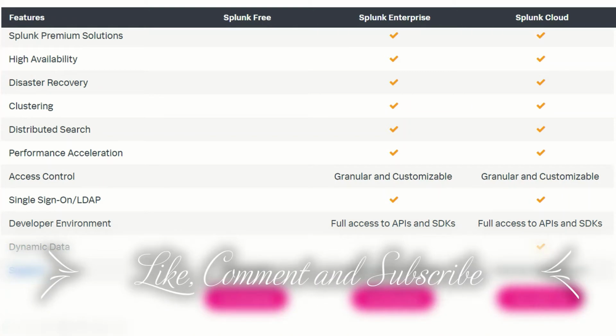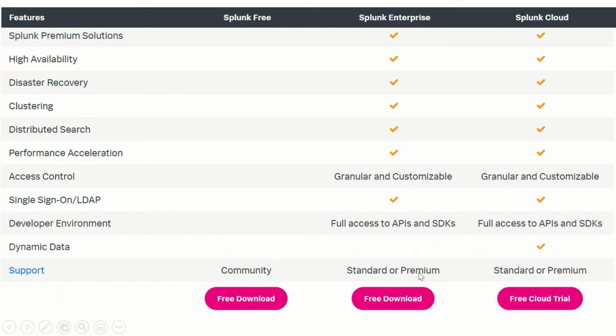For getting this support you need to contact Splunk, and you need to pay extra for it. Standard support is standard, and with premium you get some extra weightage for your support.